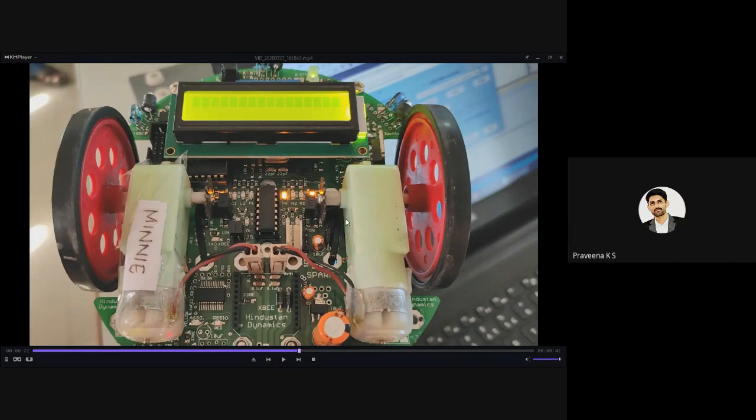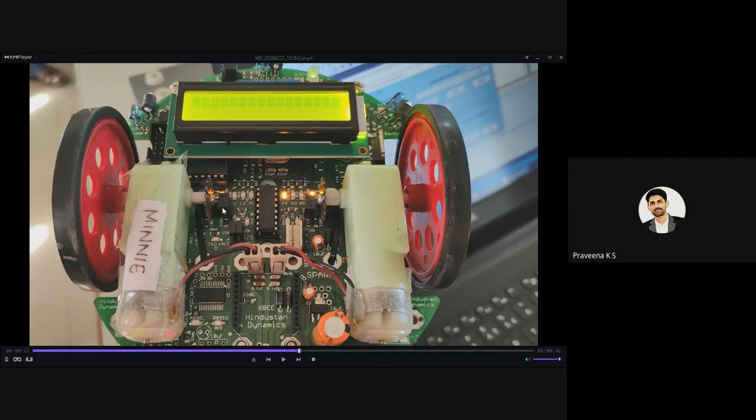When your robot is moving, it will determine its position and how fast it is moving, the velocity, and how much distance it has covered. For all these things, the feedback is given to the controller. There are applications where your robot has to move a particular distance, then stop, then move left or right. In order to control and understand where my robot is moving, the controller will make use of these position encoders.